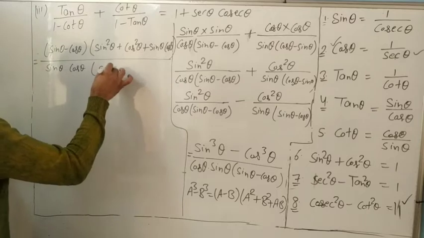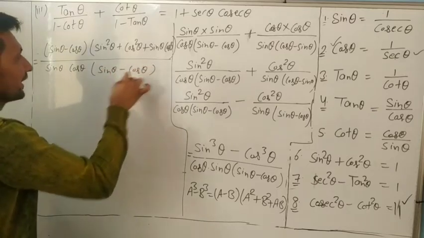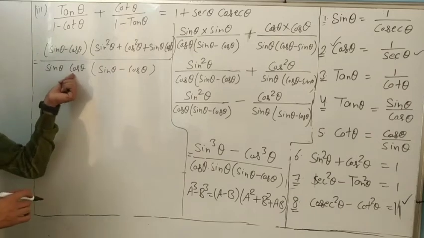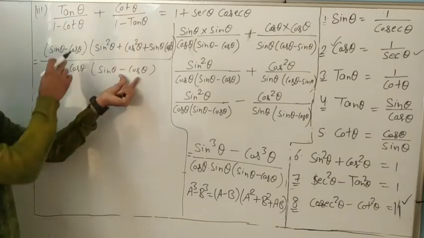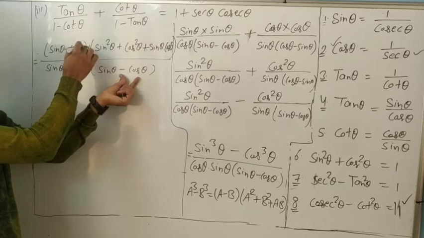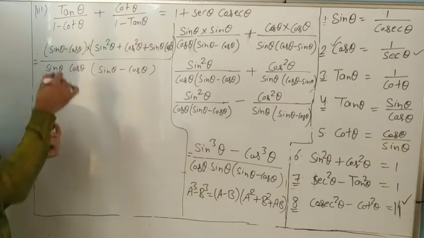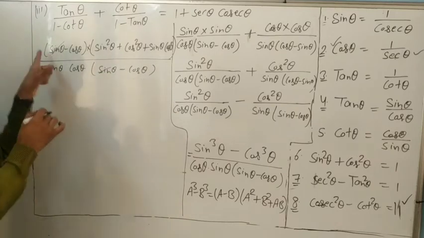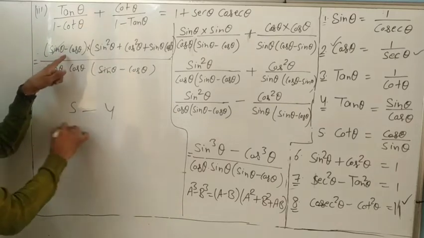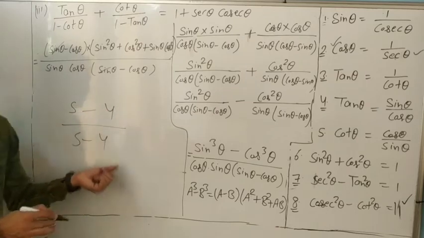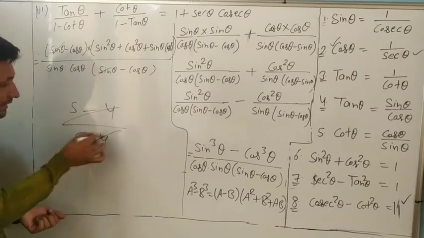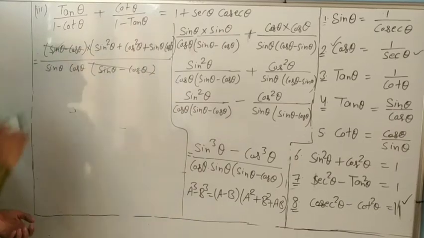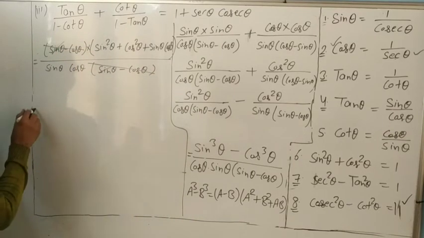Now sin theta minus cos theta. Yes, what did you observe? Sin theta multiply cos, multiply sin minus cos. All are multiplication. Don't cut sin, cancel sin. No, it is a whole number, dear. 5 minus 4 and 5 minus 4, 1 divided by 1, right? So you can cancel like this. Okay, dear? It is sin theta minus cos theta. Cancel or not? Now look at.